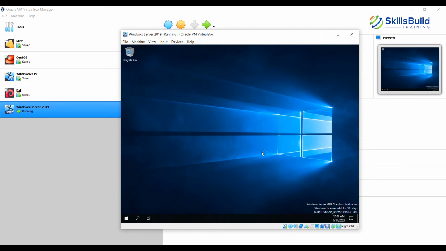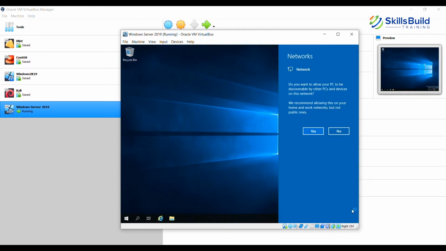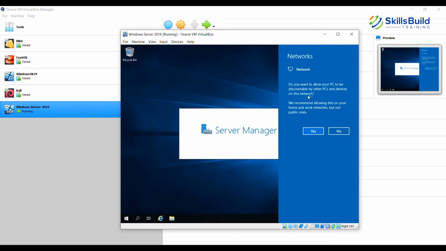So here you go. We are finally in our Windows Server 2019 Standard Edition system. Notice that it says it's an evaluation version and it is valid for 180 days, so virtually it is valid for about 6 months. There is this network pop-up asking whether you want your PC to be discoverable by other PCs on the network.